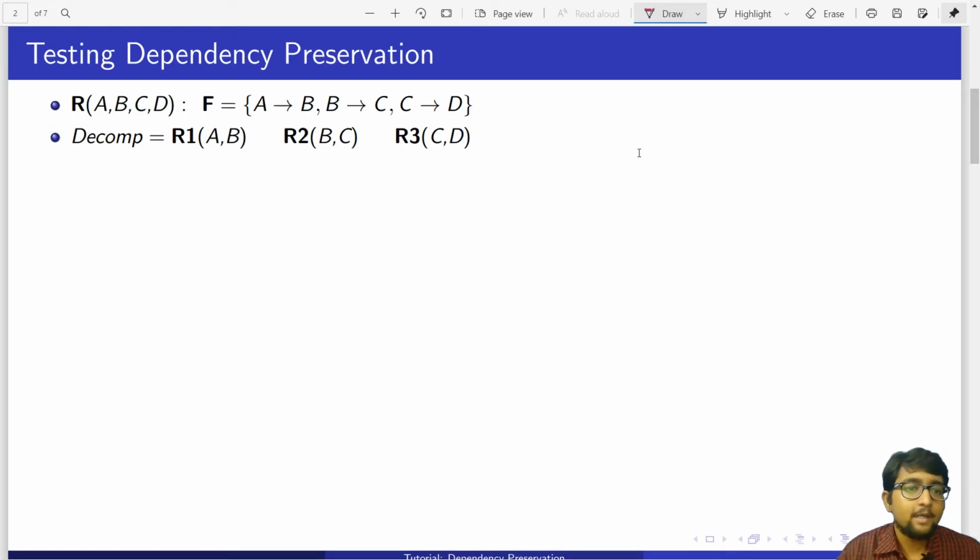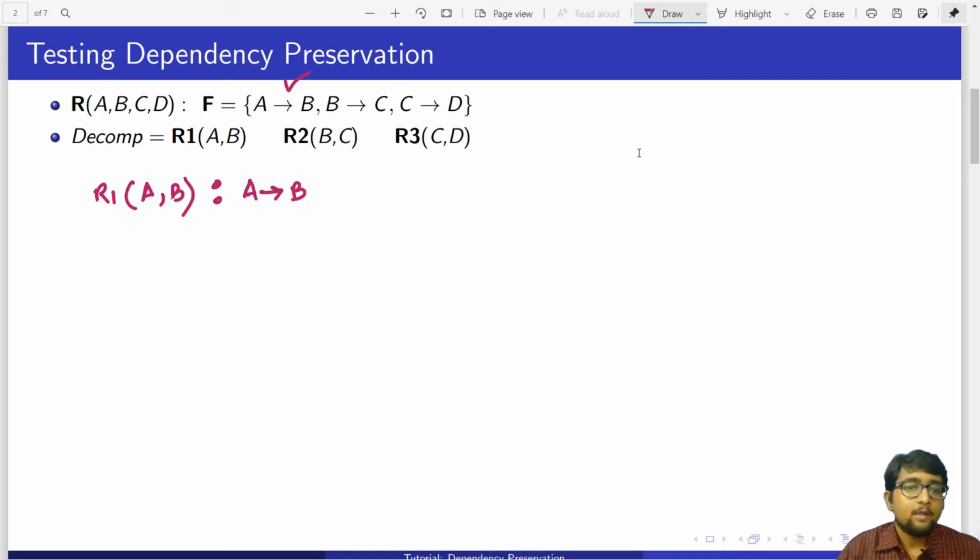Now what do we mean by that? Suppose table R1. The R1 table has two attributes, A and B, right? Now we will check all those dependencies of F which have the attributes A and B only. Got it? So which dependencies have A and B as the attribute set? This one is okay, it has A and B. This we cannot take because C is not there in R1, and correspondingly this also we cannot take because D is not there in R1. So the only dependency applicable on R1 is A functionally determines B.